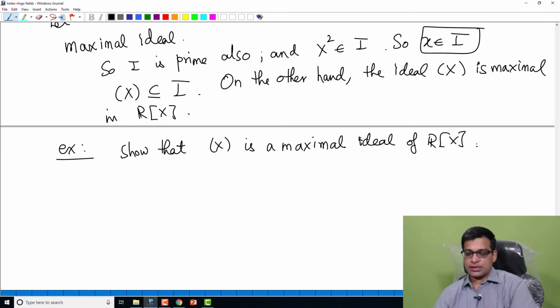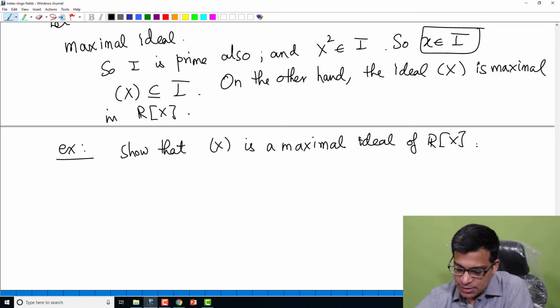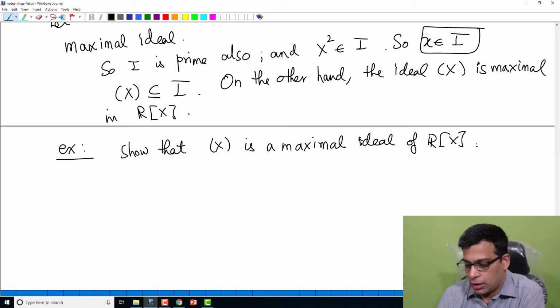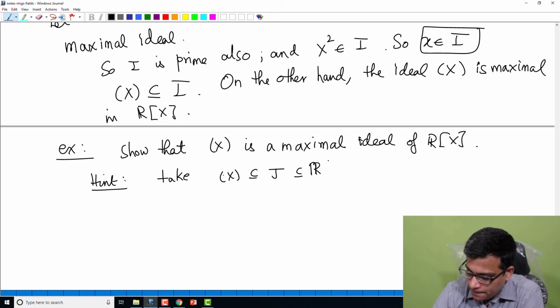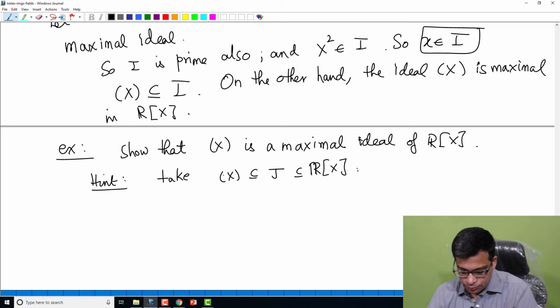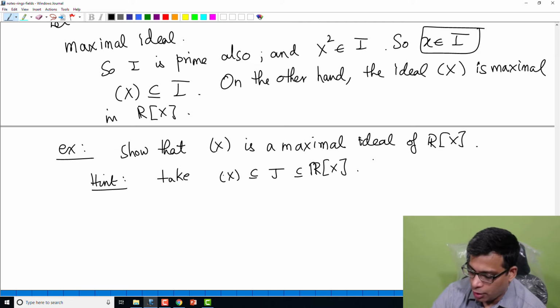Actually this is not quite required for us. In any case, yeah, I think this is required for us. So the hint is: take some ideal J containing (x) contained in R[x]. Okay, so then argue that if J is not equal to (x),